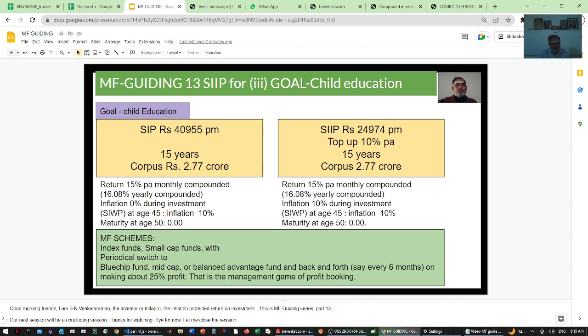When there is a profit of 25% or so, you start switching out. Then when the profit comes lower than that, say maybe around 10%, then you can switch in from the blue chip or balanced advantage fund to the same index fund or small cap funds. Okay. Those who want to see these calculations,